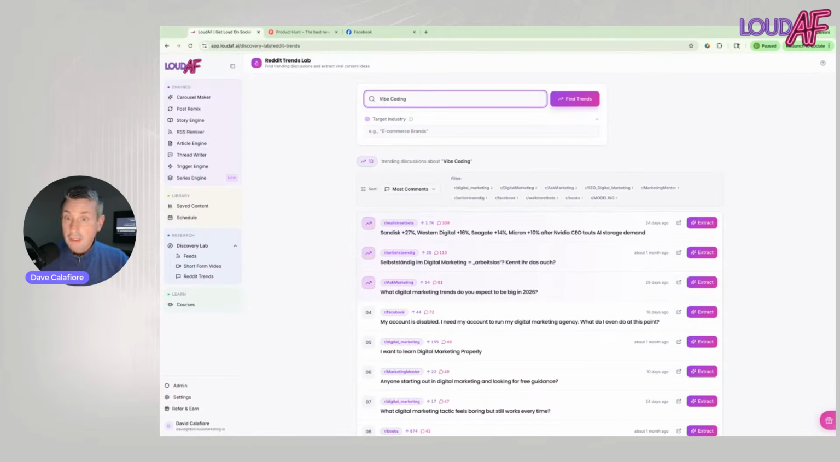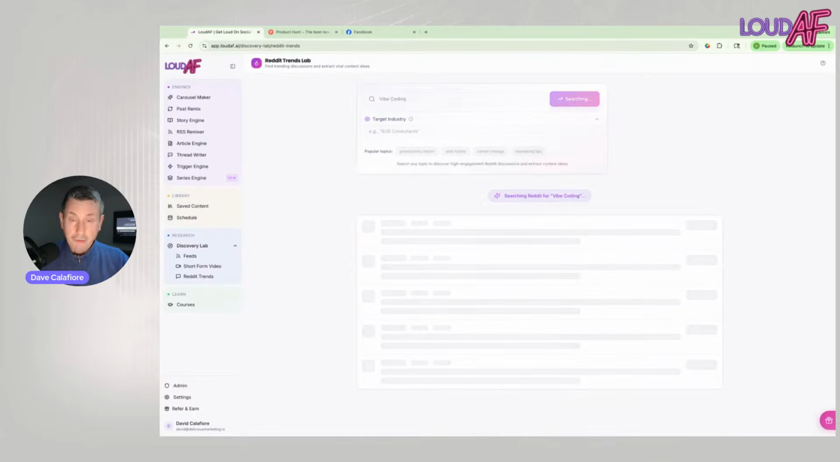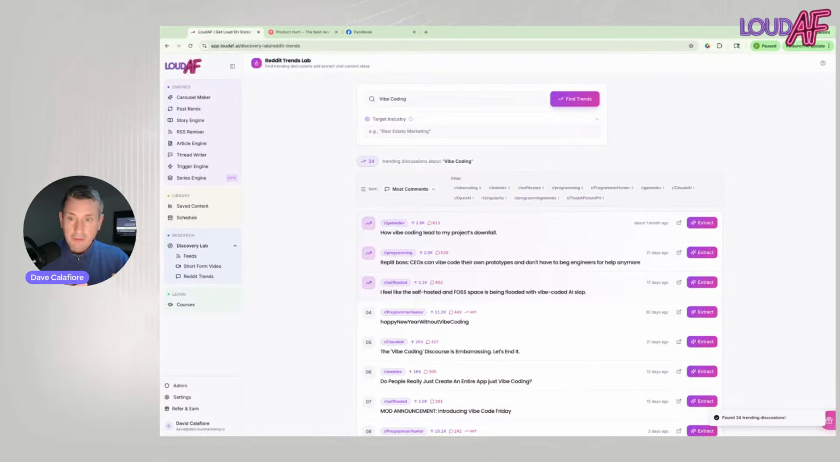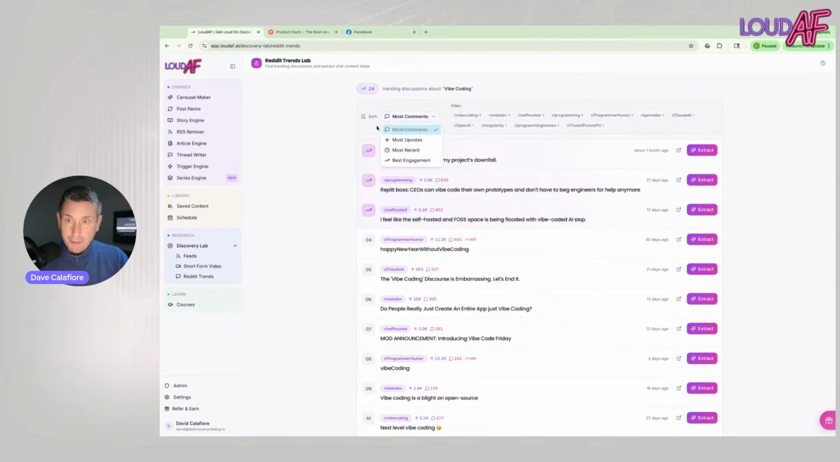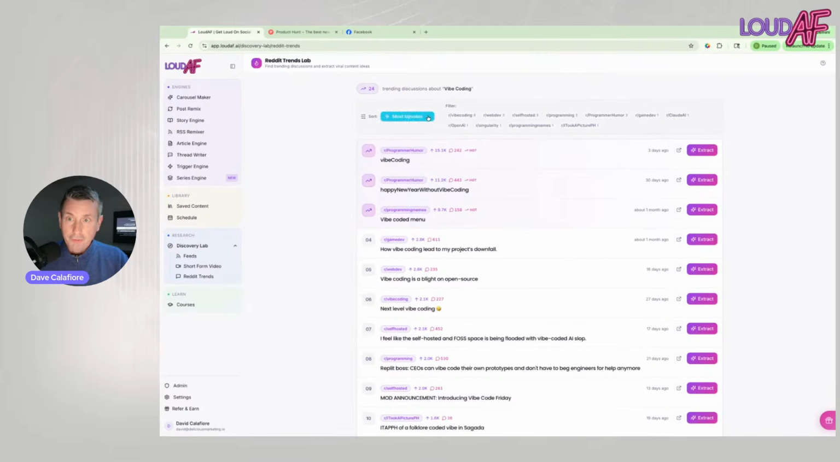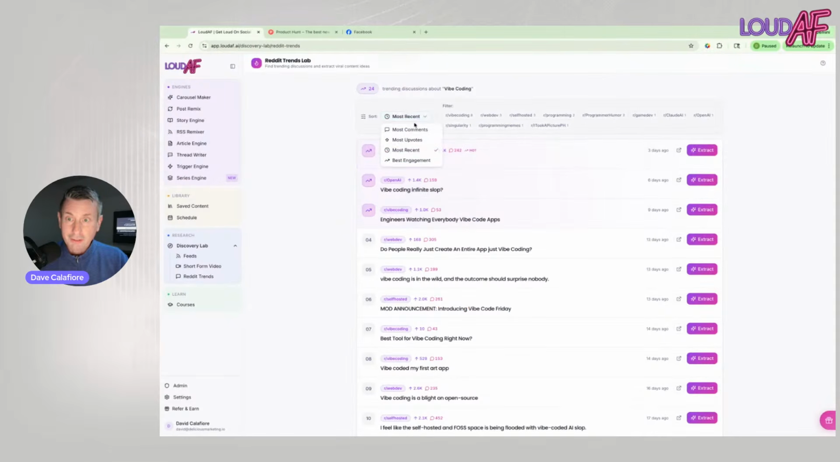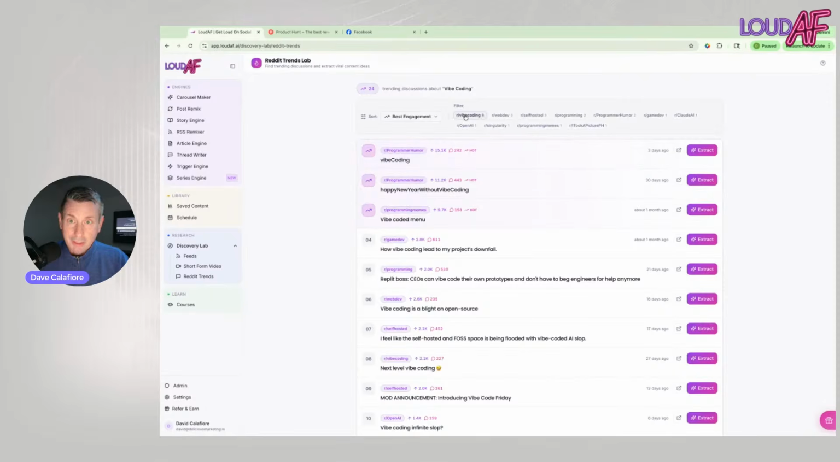Yep. So you type in your search trend, hit find trends. Now, LoudAF is going out and actually scraping Reddit, looking through these subreddits for these terms and coming back with content that we can use, right? So here you go. And you can filter through these. So most comments, most upvotes, most recent, most engaging, right? And there's some different filters here that you can use too. On top of that,